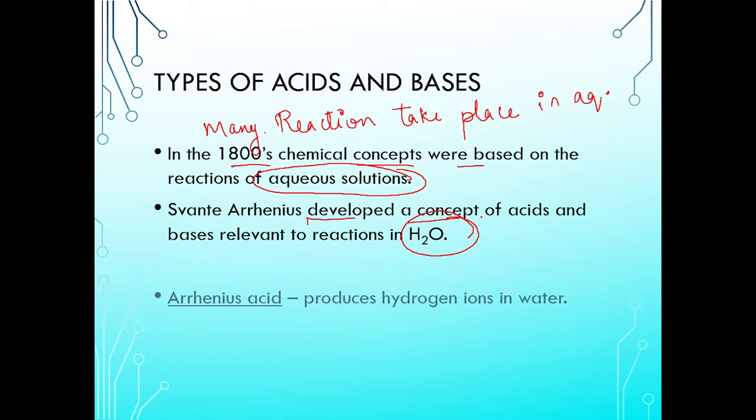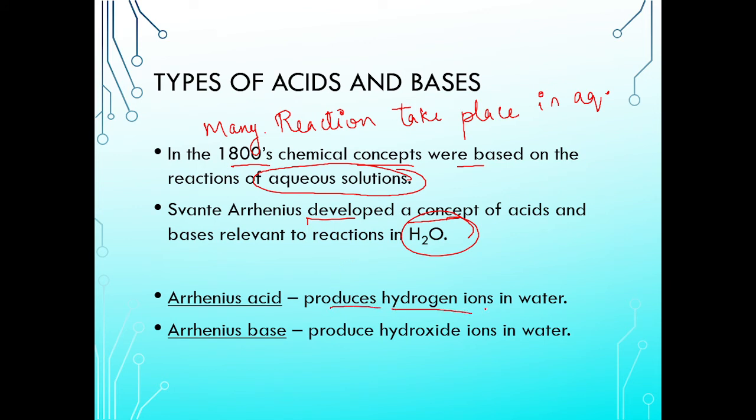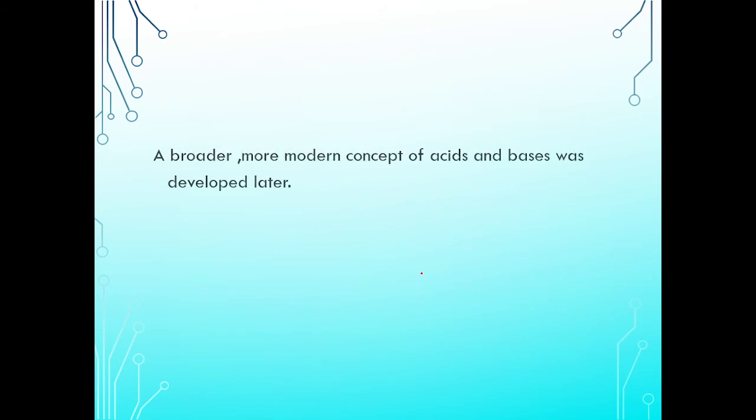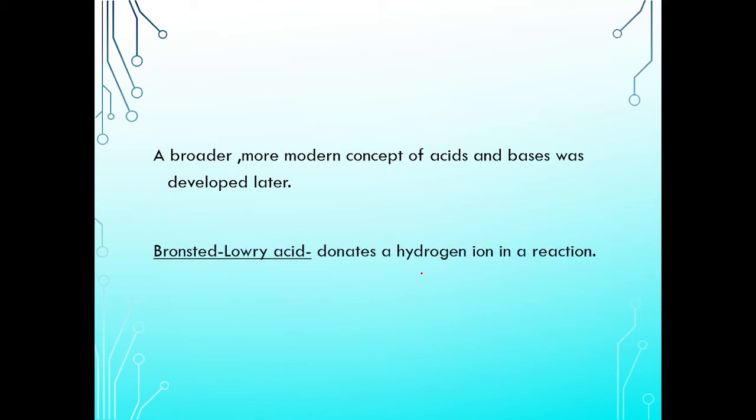So that is what I have written in the next point. That is, Arrhenius acids are those which produce hydrogen ion in water, and Arrhenius bases are those substances which produce hydroxide ion, that is your OH minus ion, which we have discussed in the first slide itself, right? And here it is H plus, right? So clear? Now the next point is, when we see the modern concept, there are many bases which do not contain hydroxyl ion. So how can we say them a base, right?